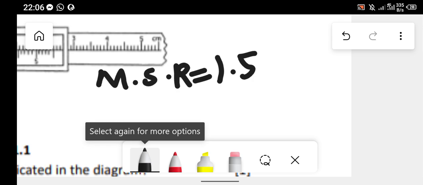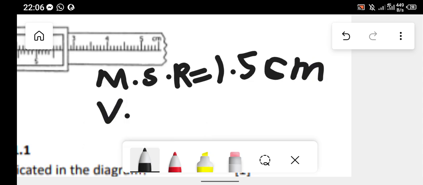And the main scale is always in centimeters there, like shown. So this should be in centimeters. Now we need to find the vernier scale reading. So for you to find the vernier scale reading, the point where the main scale and the vernier scale are forming a line,